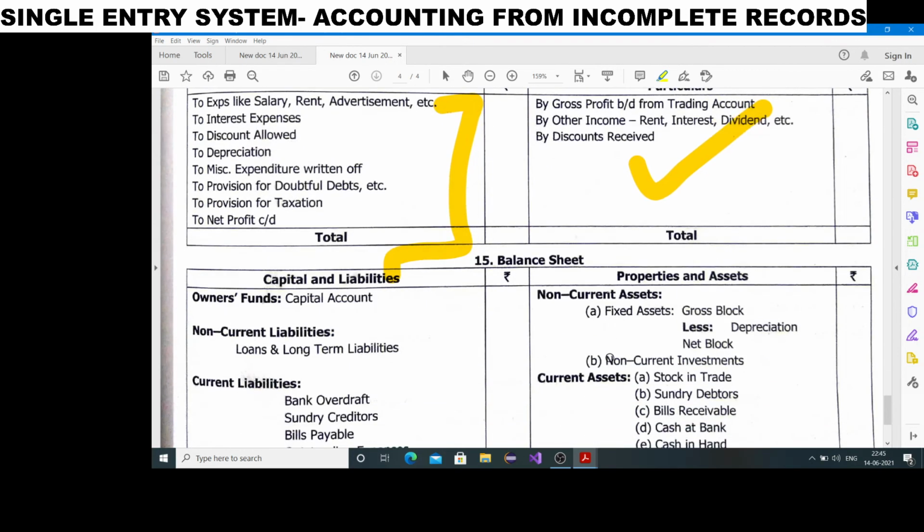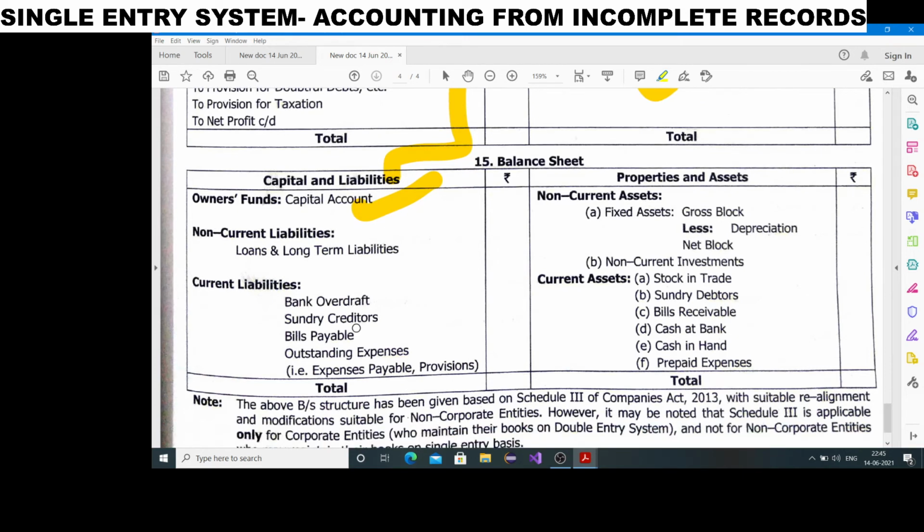Then comes the balance sheet. In the balance sheet, first we write the capital account, this is long, and loans and liabilities and non-current liabilities. For this capital account, either we find it from the balancing figure